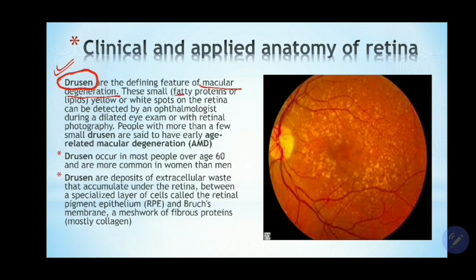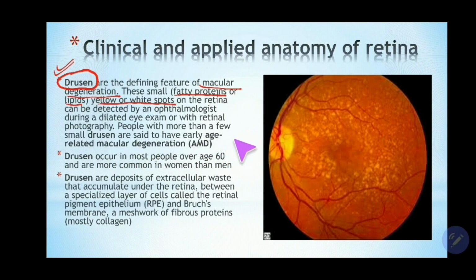These small fatty proteins or lipids, yellow or white spots on the retina, can be detected by an ophthalmologist during a dilated eye exam. Obviously, before doing ophthalmoscopic examination you have to dilate the pupil so as to have a clear vision of the fundus. You can see them with the help of an ophthalmologist during the dilated eye exam or with retinal photography. People with more than a few small drusen